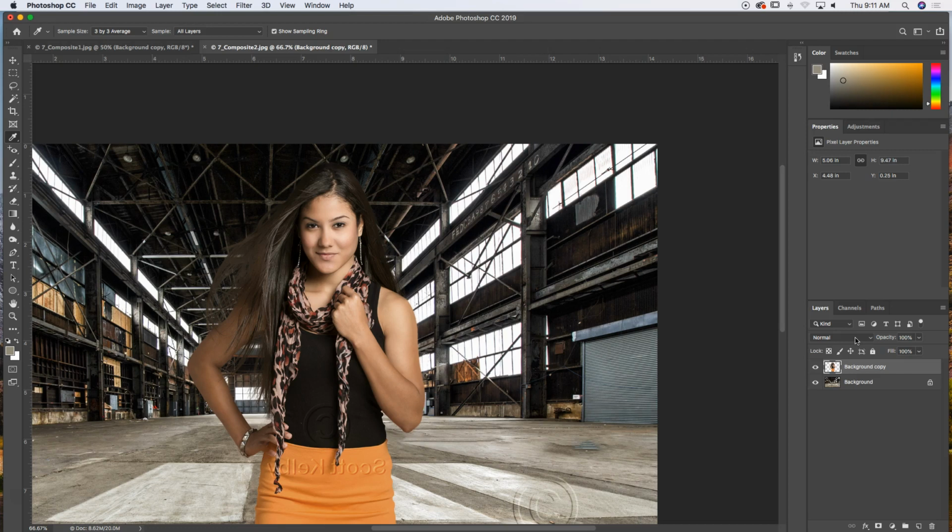You're going to really want to be careful when you do this process of decontaminating the colors because there will be a green cast, and you're going to want to do that defringing because depending on how good your selection was, you're going to have green pixels around the edges of people. Okay? All right. I will set up the